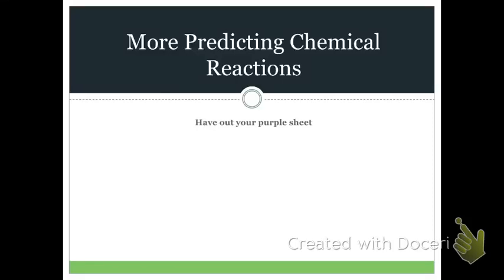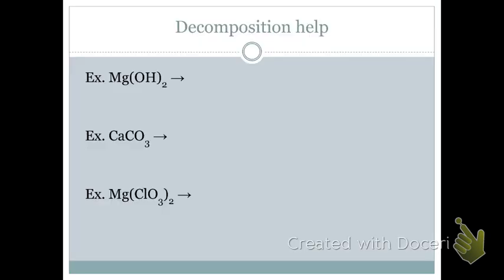All right, so we now know how to predict chemical reactions, but now we're going to determine, in some cases, whether a reaction will actually occur or not. Most of the stuff will be coming from the purple sheet you picked up. So in decomposition, we know, for example, if I give you NaCl, we know it breaks down into Na